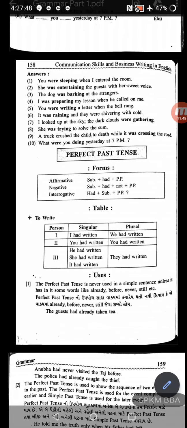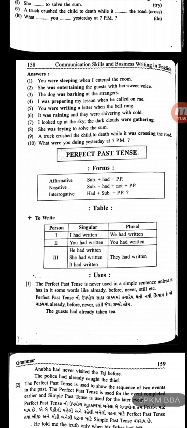Now perfect tense, past tense. For affirmative, perfect past tense will be